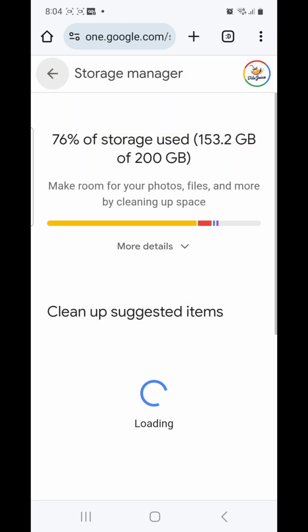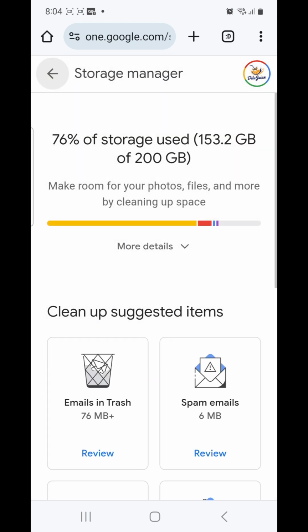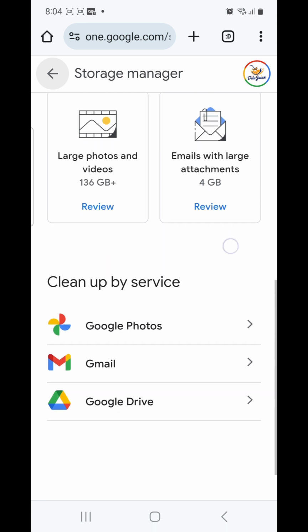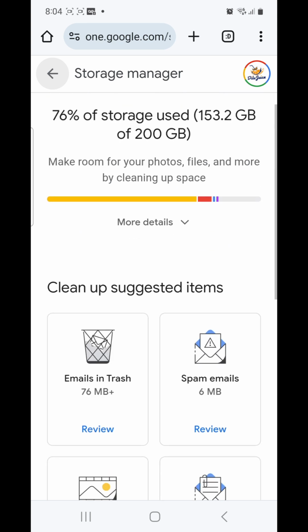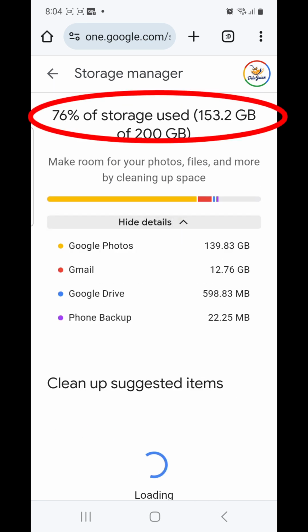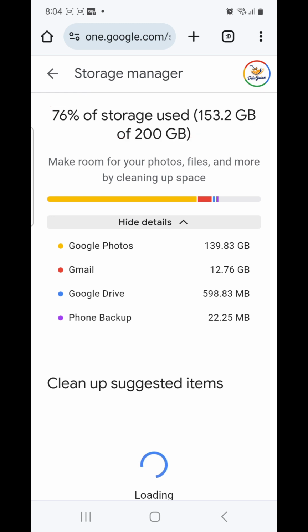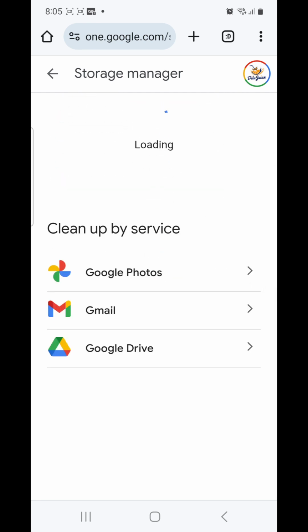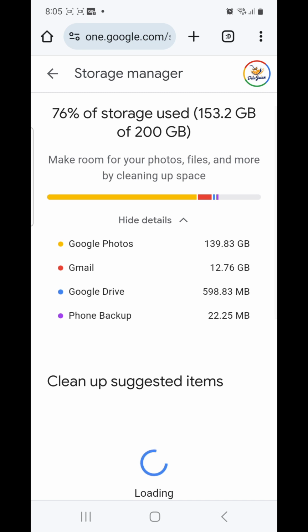So once that is done, you see our storage has moved from 85% to 76%. Oh my god. Now I can use my Google Drive or photos to save whatever files I need to be saved and continue the process. You can continue doing that to make sure you clean up your phone, clean